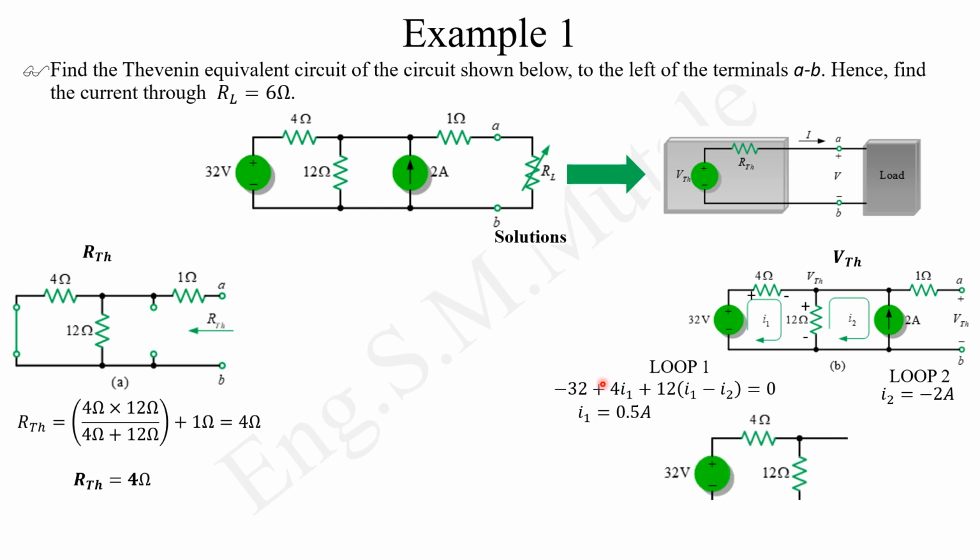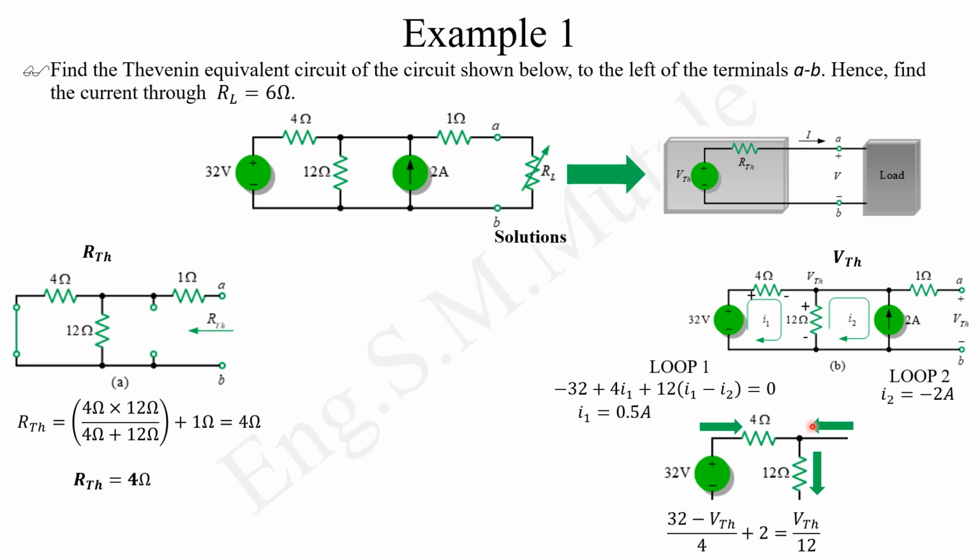Okay, so we have our I1 and our I2, but we need to find the Thevenin's voltage now, because we only have the Thevenin's resistance. So the Thevenin's voltage is the voltage here at that node. So if you pick this, which is this one here, we can do Kirchhoff's current law, which says that current entering a node is equal to the current leaving a node. So you have a current entering from that point, another one entering from this point, and then we can assume this one is leaving, which is that one there. So with our KCL there,